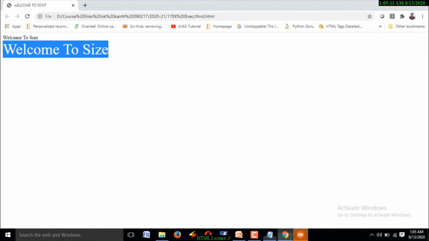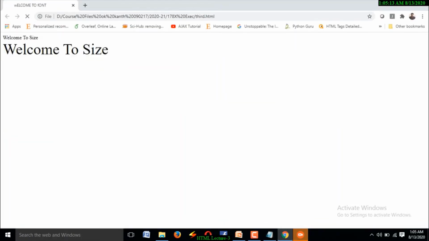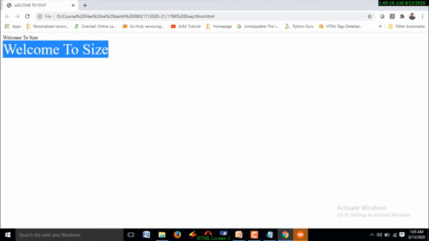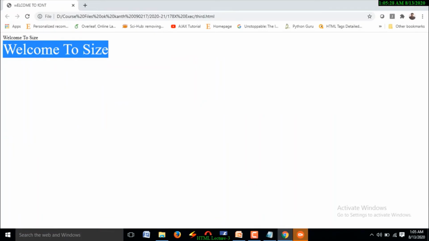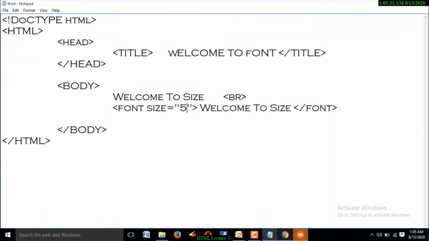Here the font appears with 10%, and you may specify the value directly also. Font size is 5 pixels. So you may write pixels, you may write a direct value, you may write with percent also. This is about font size.